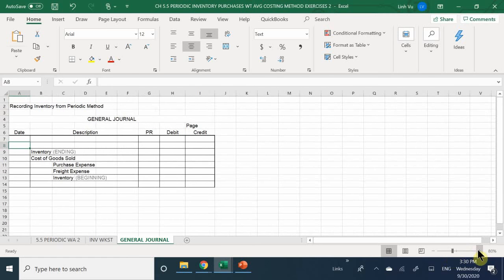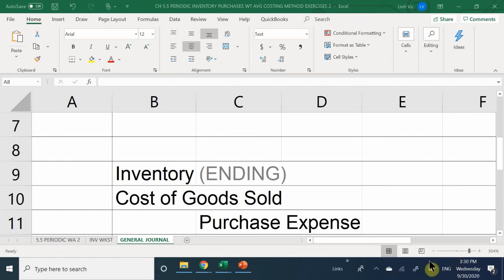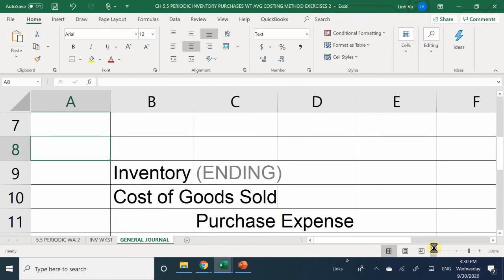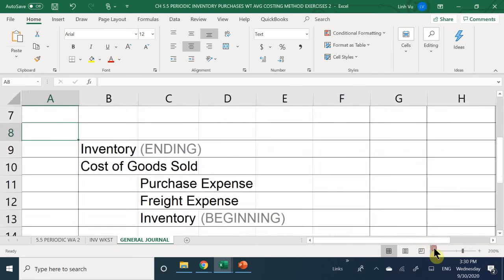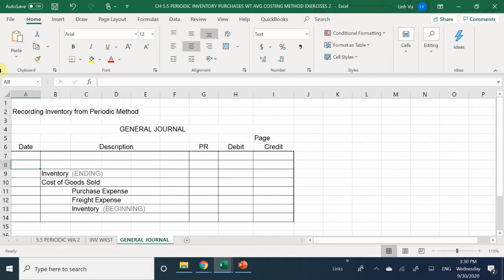So here, I'm going to recognize inventory. Oops, come on, shrink for me. Okay, there you go. So I have inventory, cost of goods sold. In this case, we don't have beginning inventory, so this account can be gone. All right. So what is my total inventory that I am actually